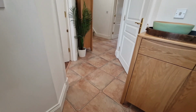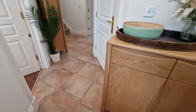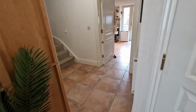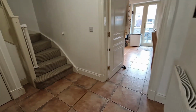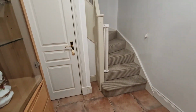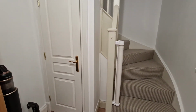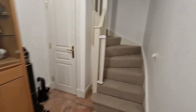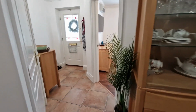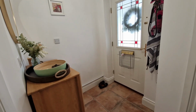Having walked in through the front door, we are greeted by this lovely, actually kind of staggered but really useful hallway, which kind of opens up and comes all the way back round. Now you can see it's got beautiful tiled floors all the way through this downstairs section and into the kitchen. We've got a really nice big useful understairs cupboard there, and then the stairs up to the first floor. But I'm just going to pan back, give you a view of the hallway again there, and just come back round towards the front again, just so you can see the amount of space as you walk through the main